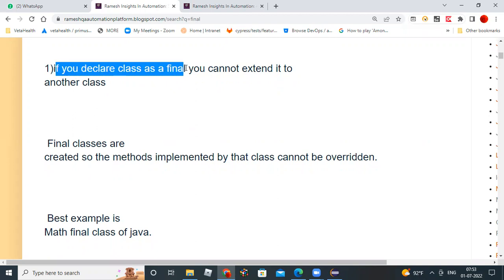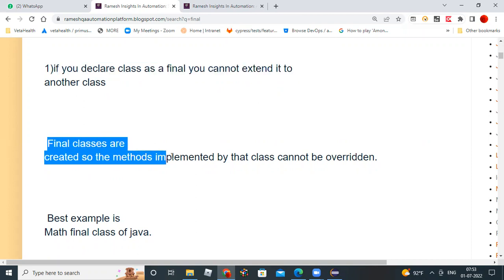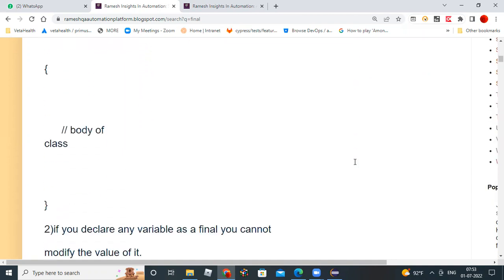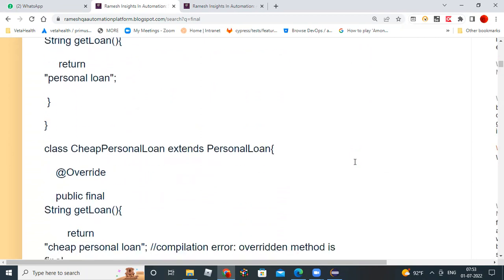If you declare a class as final, you cannot extend it to another class. So final classes are created so that the methods implemented by that class cannot be overridden. So I have shown you clearly. Now,